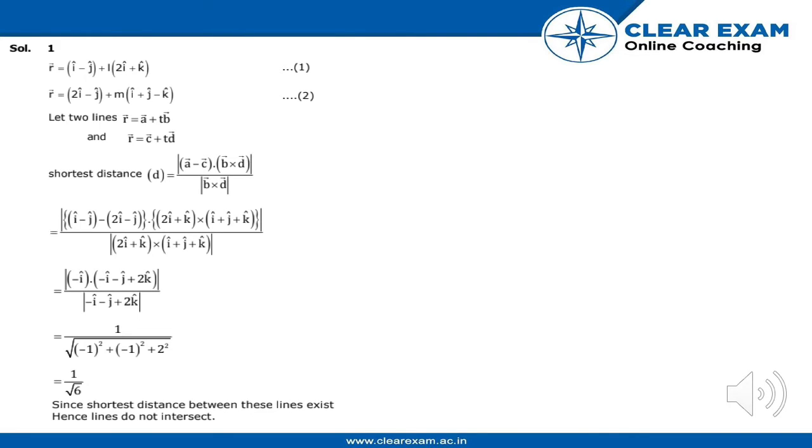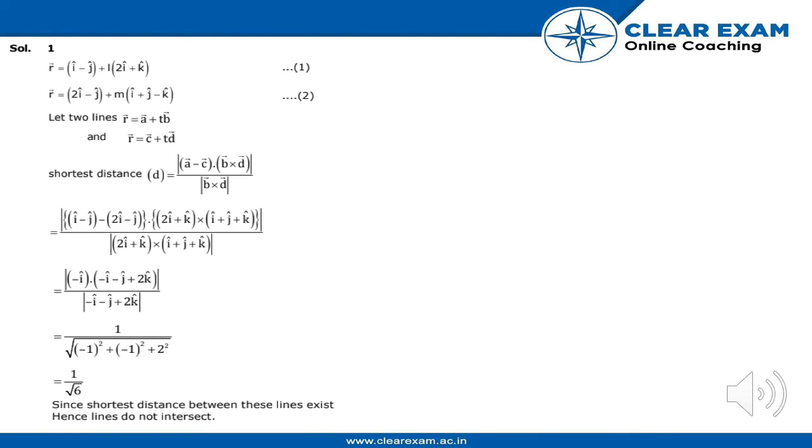So we are letting the two lines marked as 1 and 2, and the two lines r is equal to a plus tb and r is equal to c plus td. The shortest distance d we are calculating. After the calculation we have (minus i cap) dot (minus i minus j plus 2k) upon